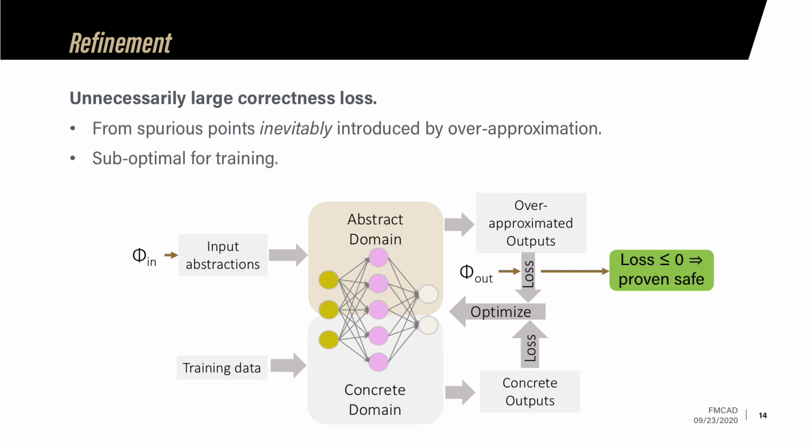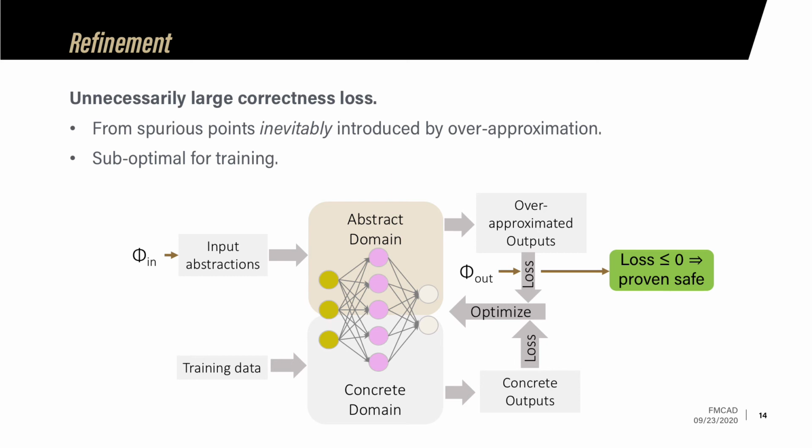In other words, the original correctness loss of 11.875 does not pertain to any real input. It is some fake data that is definitely suboptimal for training. Such unnecessarily large loss is from spurious points inevitably introduced by overapproximation. It is inevitable because the neural network certification techniques did require this kind of sound overapproximation to make the entire procedure efficient, especially when handling the nonlinear neural network activation functions.